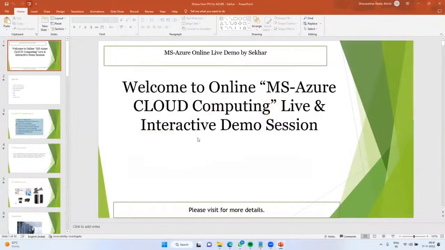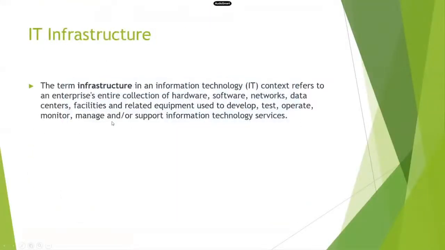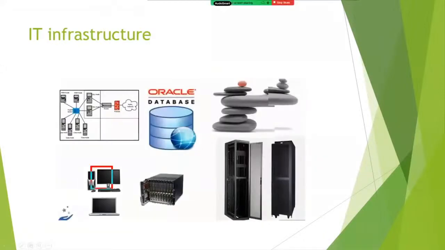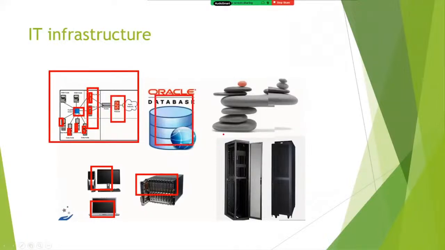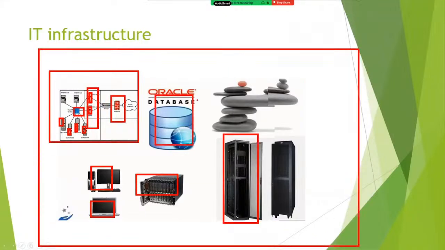Have a look. This is the IT infrastructure. We can call it all devices. These are all the devices, and all devices are communicating to one router. These are load balancers. This is a firewall. We have a database, we have a server rack. So this we call IT infrastructure. That's why I mentioned the definition: IT infrastructure is nothing but a collection of hardware, software, switches, network, load balancer.